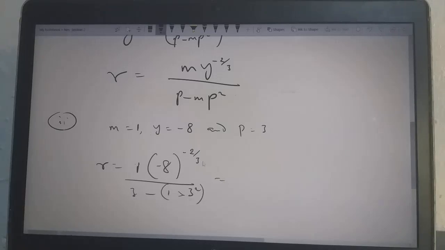And the denominator of this index means you are going to look for the cube root of -8, and that will be -2, all raised to the power -2 over 3, minus, this is going to be 9 in the bracket, because this is 1 times 3 square,